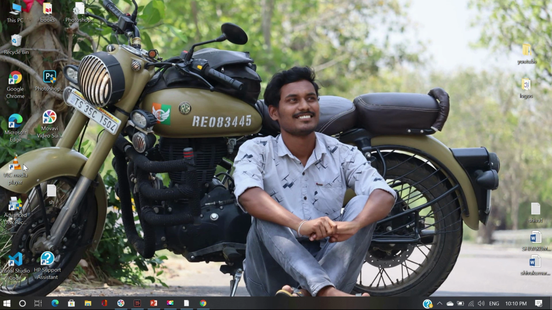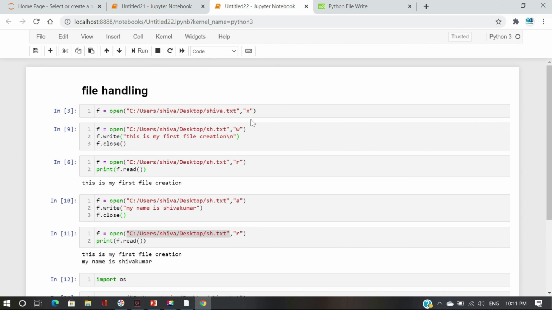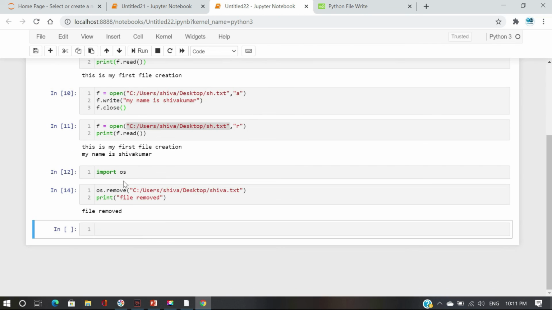Here, the file was removed by using this removing function. Because a file is created by x and it can also be removed by the remove function.